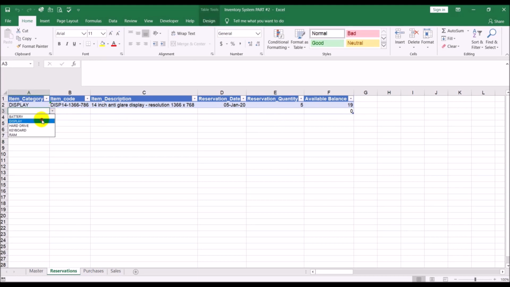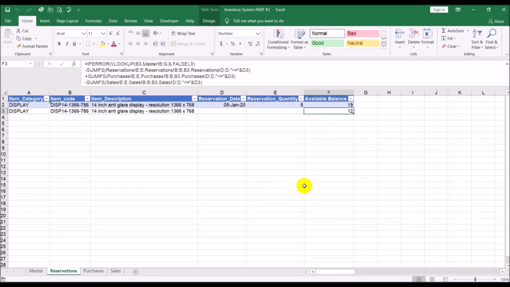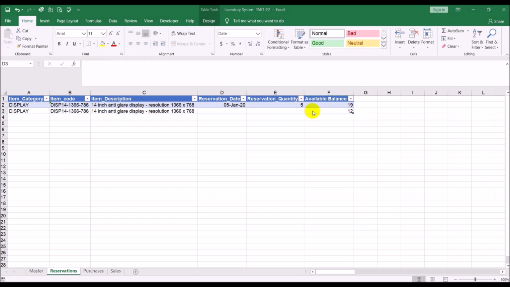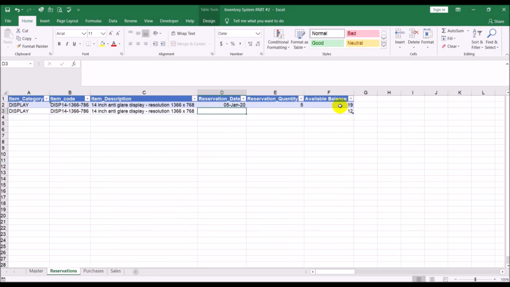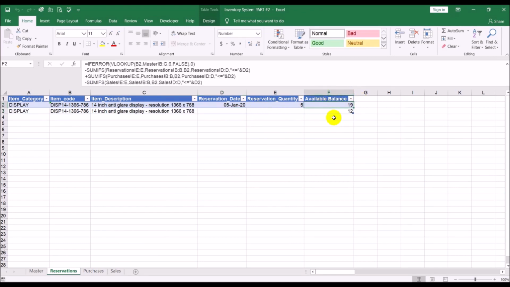Now, if we were to do another entry of the same product, if you come here, do you realize what's happened? It's gone down to 12. Why has it gone down to 12? That's because this is blank. Because this date is blank, it thinks that everything before a blank date just grabs you the opening balance. So we need to go back and make a fix so that we should not be showing you the available balance unless